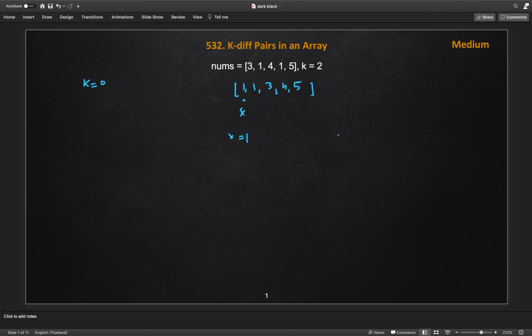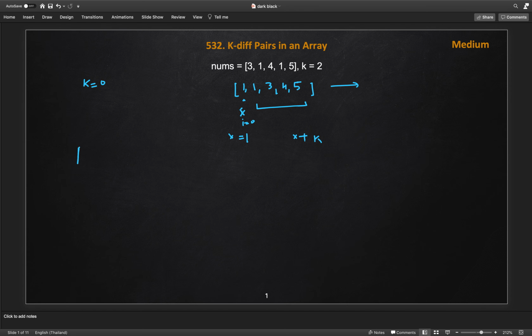Then I will look for whether x plus k exists in my array, on the right side of that index. So how will I search? Now we have the sorted array, so we will simply use binary search. First we sort the array and then we look for the value with binary search.